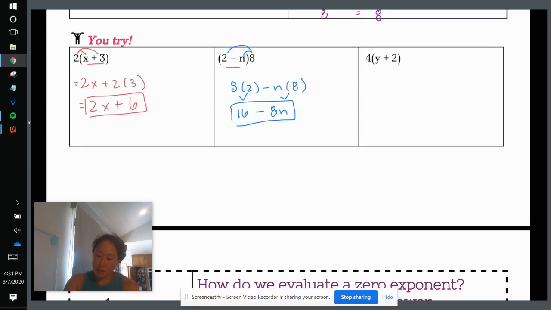Okay, next up, 4 times (y plus 2). I'm multiplying two numbers together, but can I simplify inside the parentheses? Can't add y plus 2. So we're going to take the outside number, 4 times y, and then plus 4 times 2. So 4y plus 8. And that's it. Don't forget to do your conclusion and your